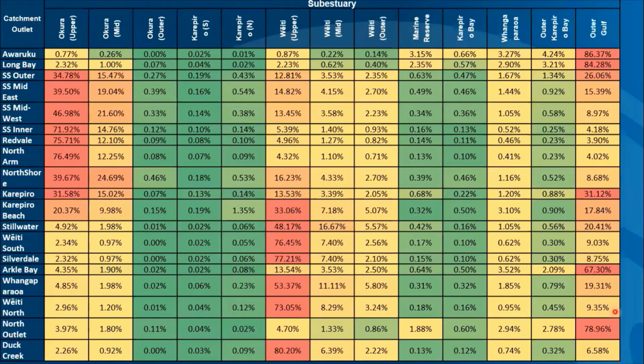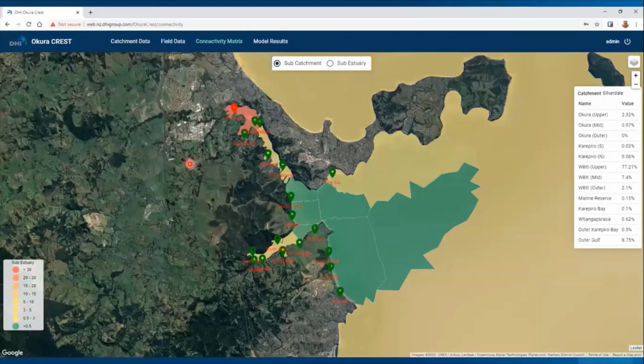So you can see it's starting to get pretty complex in terms of understanding the information and that connectivity. One of the key outputs of developing the web portal was presenting this data in a more intuitive way. So we've moved into this map-based approach. We've got the sub-estuaries defined in the marine space: Marine Reserve, Karapiro Bay, Tongaparoa, etc. And then this map is just showing that same information, but with the color coding showing